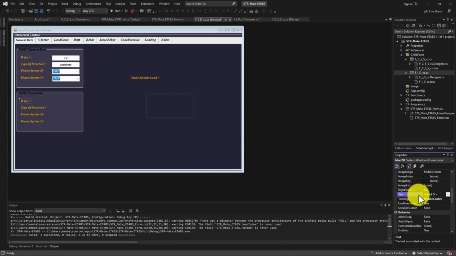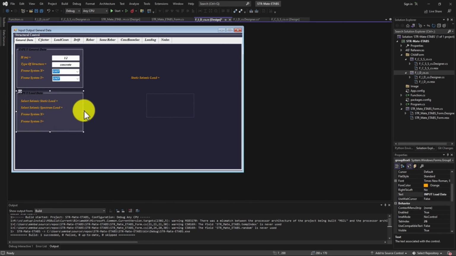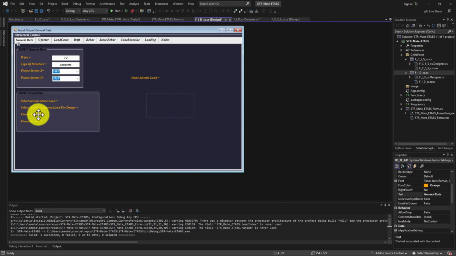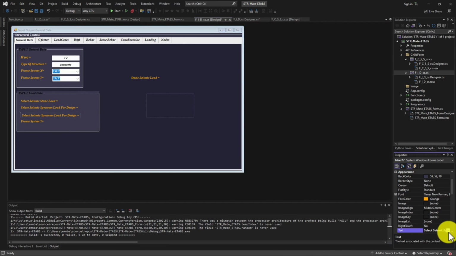we copy this panel, paste it, and change the label of the new panel. For example, this first and second label are about seismic static load and seismic spectrum load,